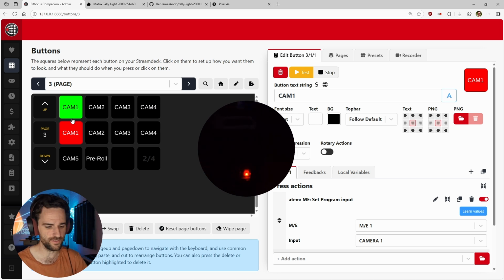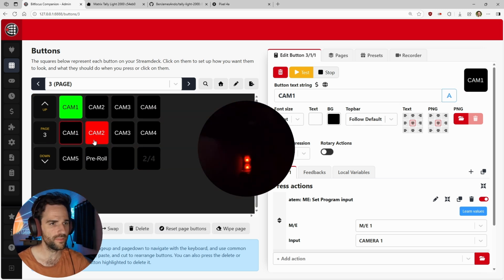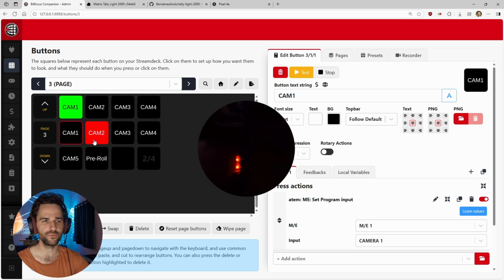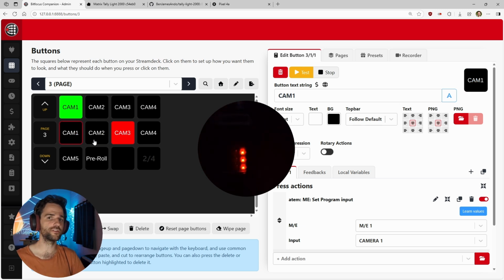But there's more. You can also assign it to have button actions. So when I single tap, it cuts to camera 1, double tap, camera 2, long press, camera 3. But you can assign it to do whatever you want. You could make it turn lights on, change the audio, buzzer sound, whatever. But in this case, you can use it as an all-in-one tally light. So if you're on your own, you can cut, run around, you name it, we've got it. And if you fall over, we've got you covered there too.